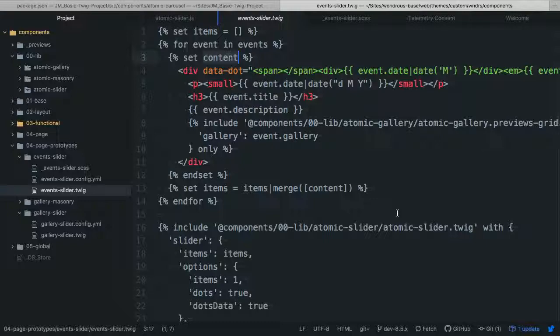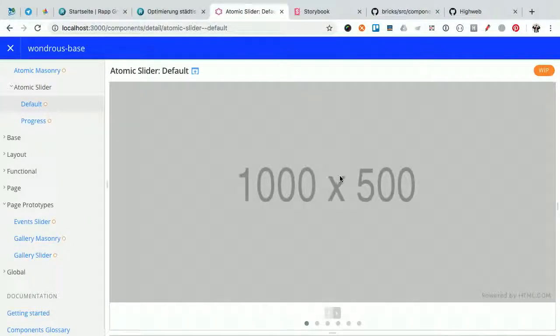Yes? I missed the first 5 minutes of the presentation. I really liked what I saw. I saw that you use Fractal and you work with TWIG. Was this a preference over Pattern Lab? Have you used Pattern Lab? And why did you choose Fractal, if you may? Earlier on,